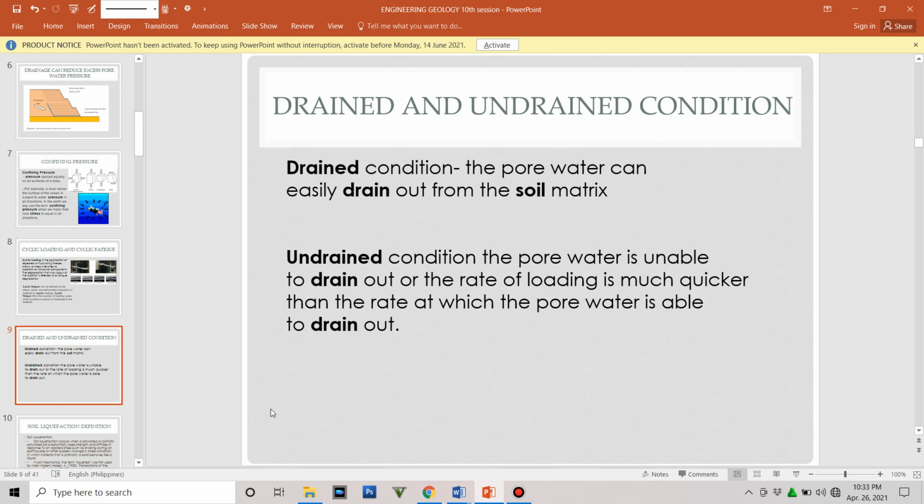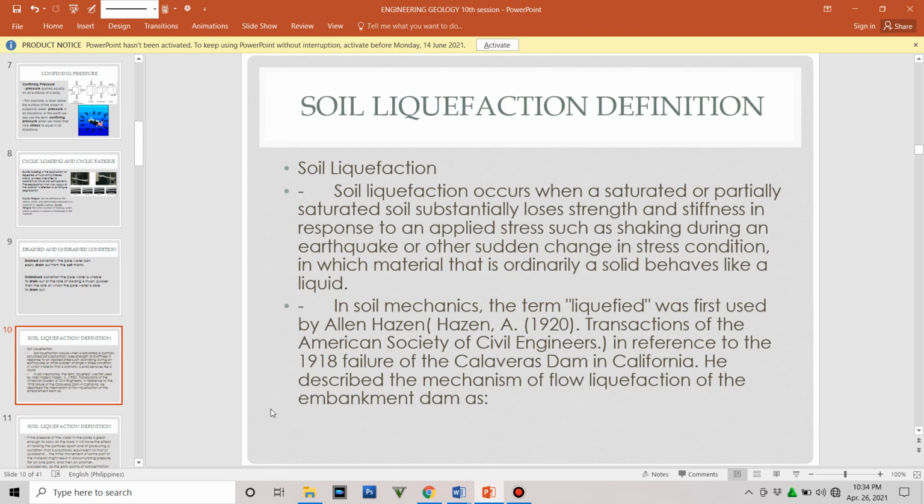So take note, no matter how stiff is your structure, it will be subjected to failure if your foundation is that weak. So it is better to have a good geotechnical investigation or subsurface exploration. Okay,